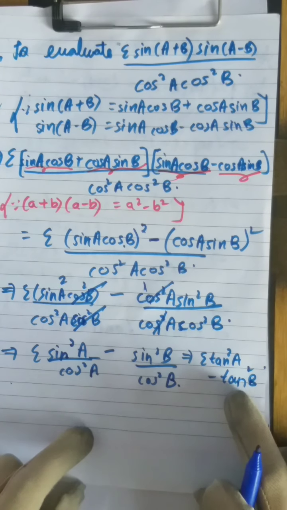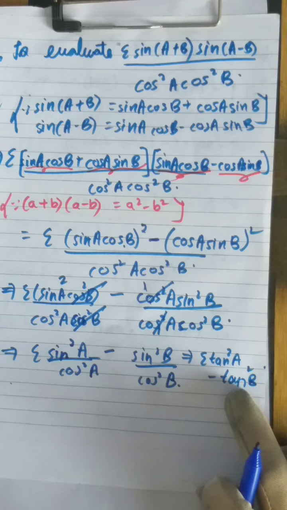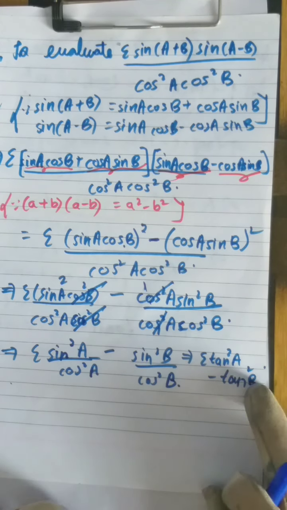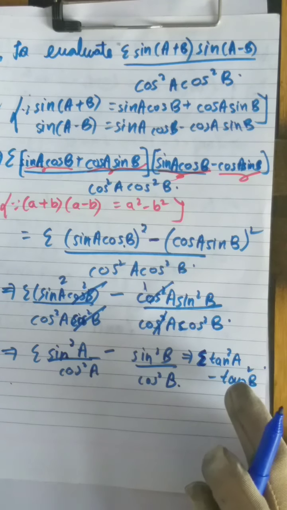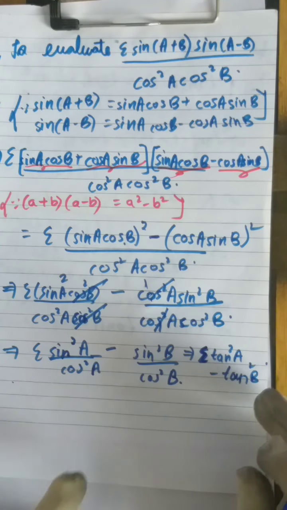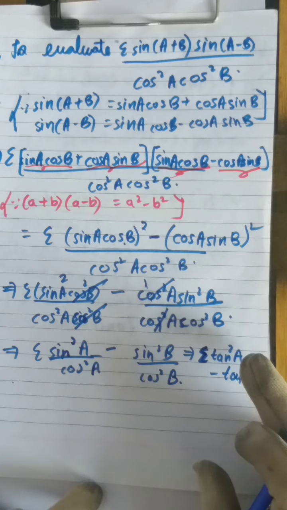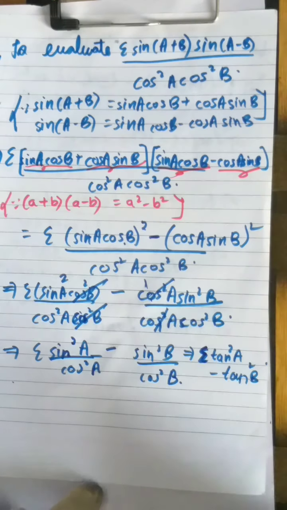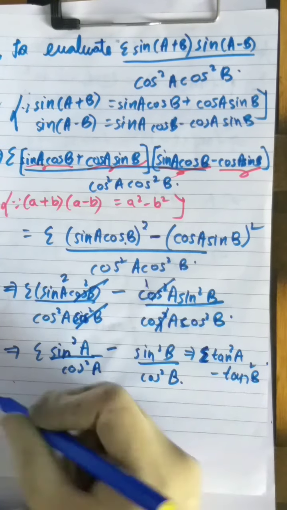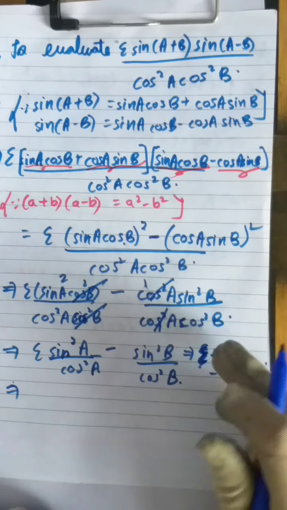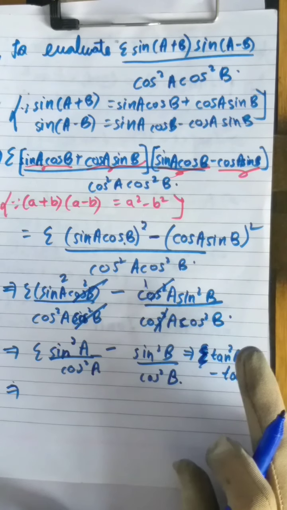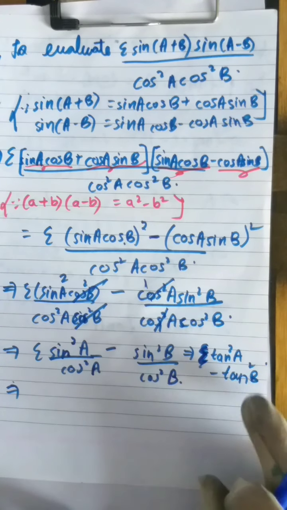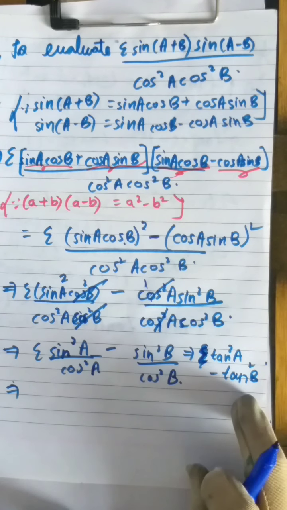So if you observe this question carefully, here we have sigma of tan square A minus tan square B. Whenever we have sigma, remember we have three angles A, B and C. And one will be with plus, one will be with minus. That is tan square A minus tan square B. Plus, if we have minus, we'll have a plus also. We want to remove this summation sign. If we remove the summation sign, we'll have plus tan square A, which is already there, so we'll have minus tan square A. We already have minus tan square B, so we'll have plus tan square B.